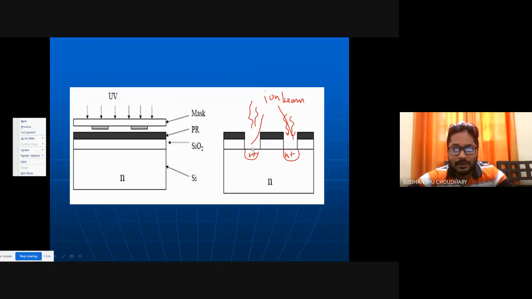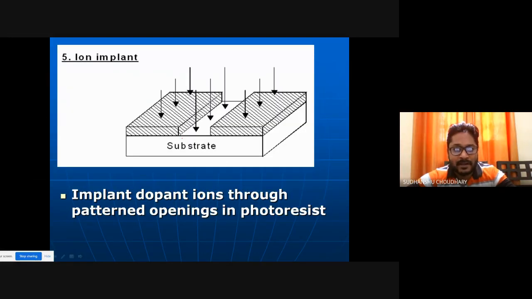Now this window is patterned by using a mask. So you have to create a mask again of such kind, where your chromium lines are present in this region, so that these two become soluble. Now ion implantation can be done in this substrate. Ion implantation is being shown here, and it has been done. Through silicon dioxide, ions cannot penetrate, but in this substrate, where you don't have any dielectric layer, ions can penetrate.